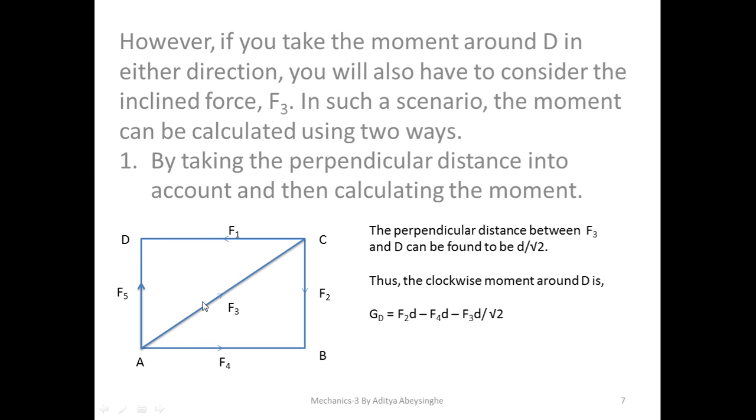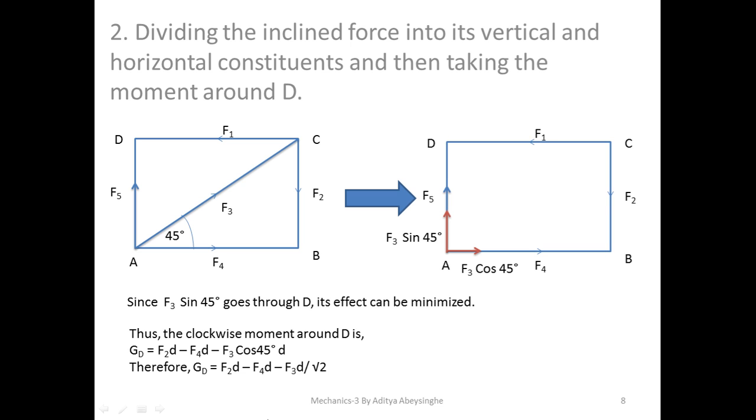So that's one way. The second way, as I mentioned, is dividing the inclined force into its vertical and horizontal constituents. If you divide these into vertical and horizontal constituents, what generally happens is that you can calculate the perpendicular distance in a straightforward way. You don't have to calculate through geometric means, because either the horizontal or the vertical component of these forces should go through D. So you can ignore one component and take the moment of the other component. Now if you take the same system here,